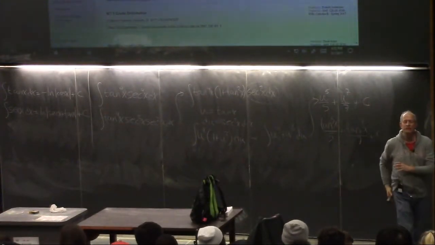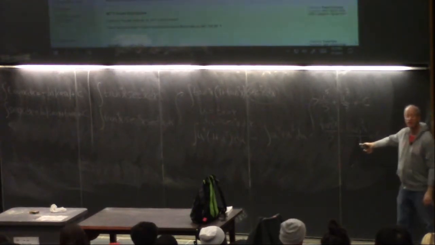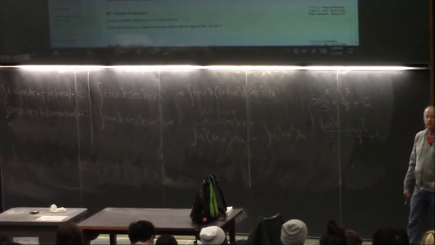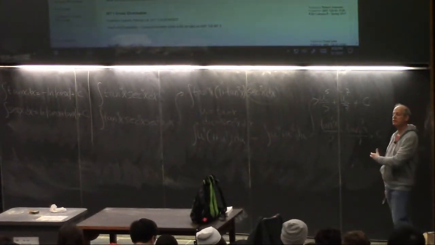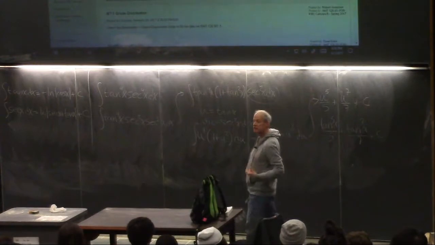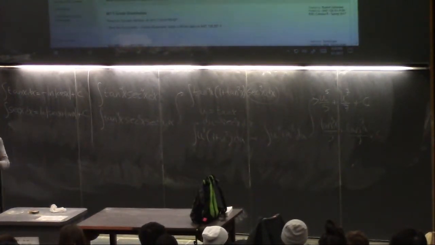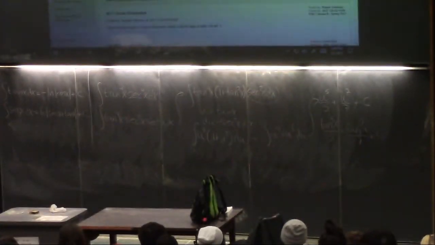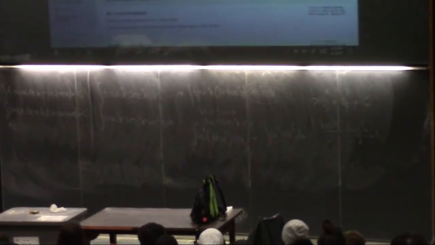As I said, you would never have looked at tan to the 4th, secant to the 4th, and said, oh, it's going to turn into this. Okay? So these techniques help you turn the integral from something that you have no idea what to do with to something that you do. And there's going to be families. As you start to play with these, you'll see it matters a lot whether the powers are even or odd. That helps you figure out which one you're going to do. I'll show you why as soon as we get this one copied down.